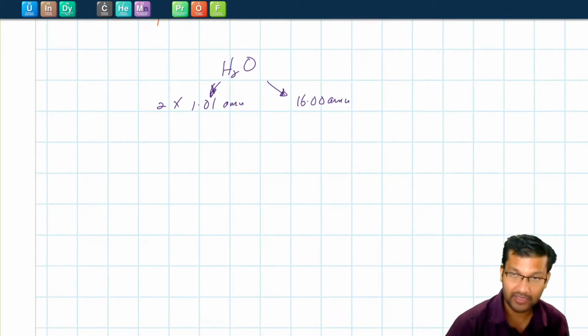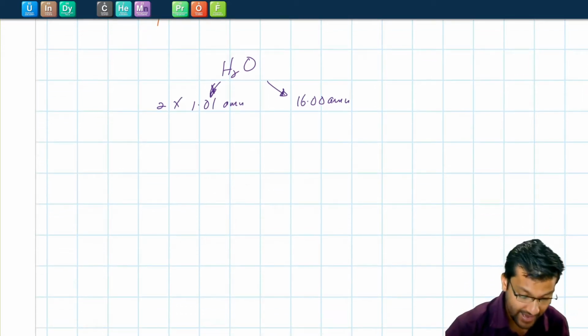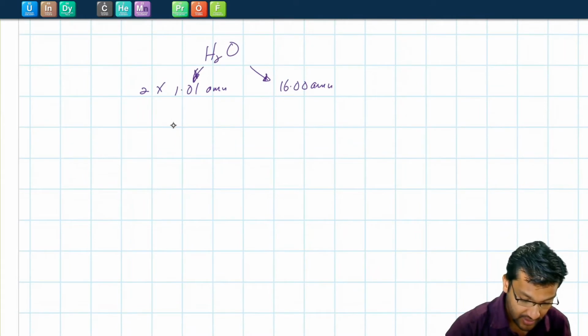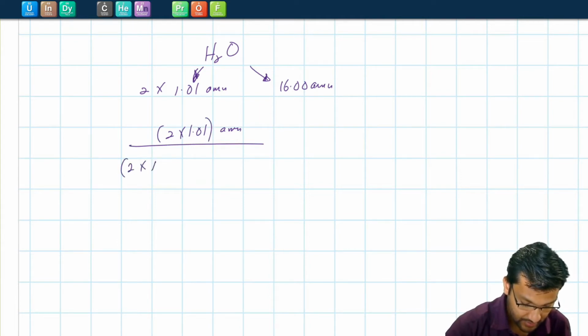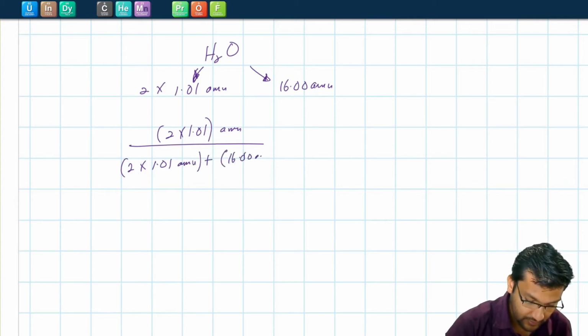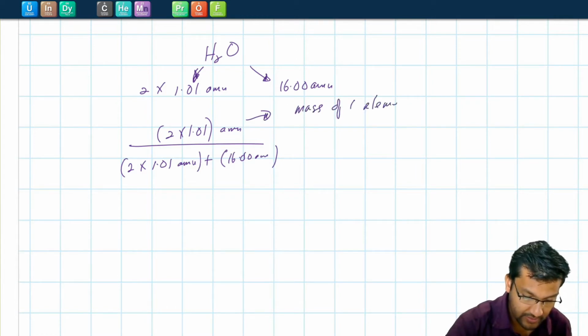So if we were to look at the mass percent composition of hydrogen specifically, it would be 2 times 1.01 atomic mass units for hydrogen divided by the total mass of the compound. So hydrogen plus oxygen. So up here we have the mass of one element, whichever element you're using, and on the bottom you have the total mass,